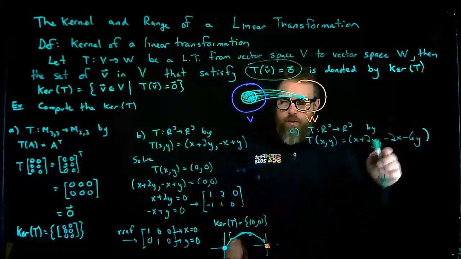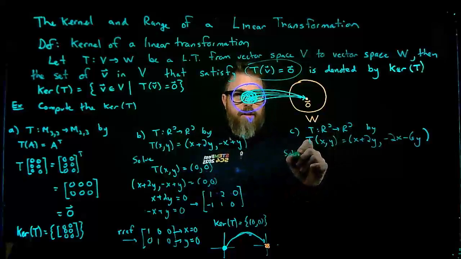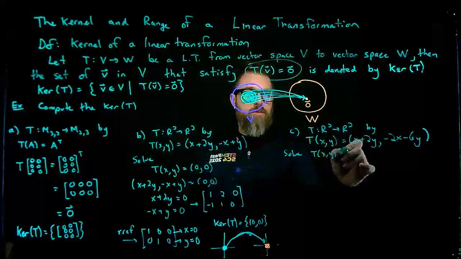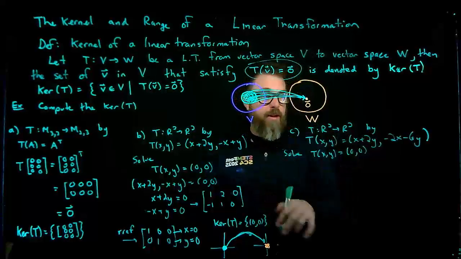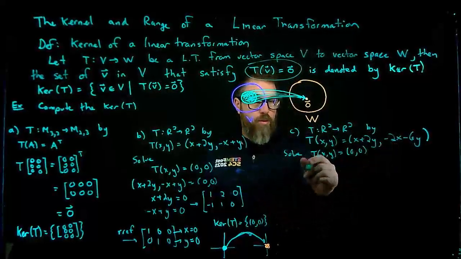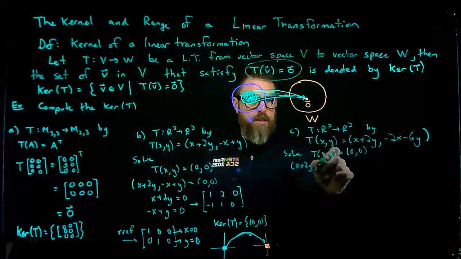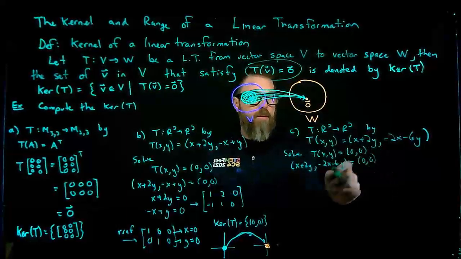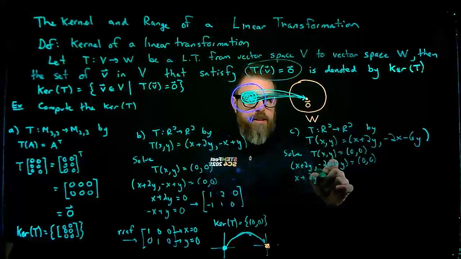Now, one that's not trivial. If I want to do this, again, I'm trying to solve T of (x, y) equal to the 0 vector, so (0, 0), the 0 vector in the codomain. So T of (x, y) is this function rule, or transformation rule. So this is x plus 2y, this is negative 2x minus 6y, which is going to equal (0, 0). So, setting this up as a system,